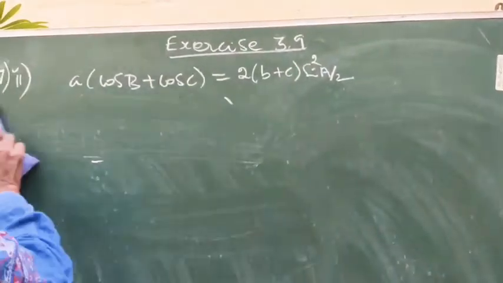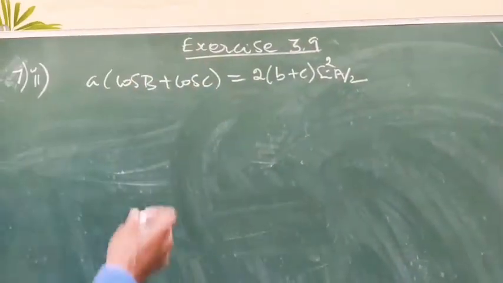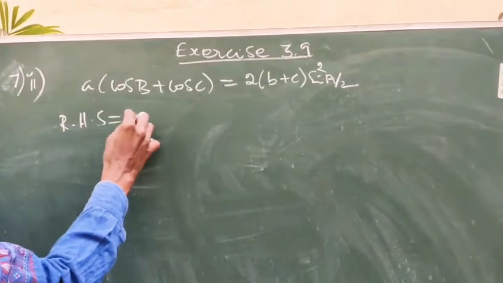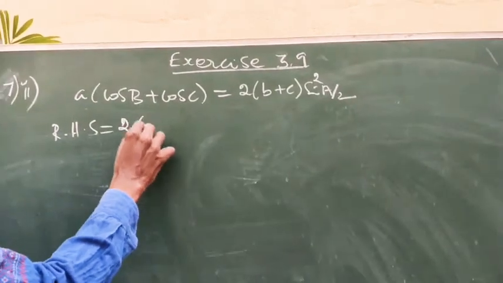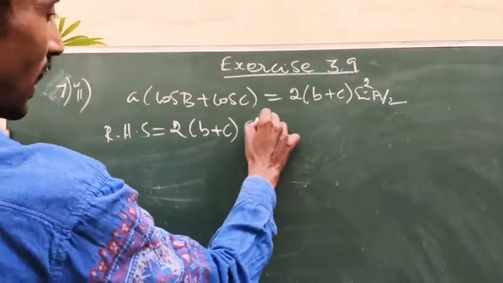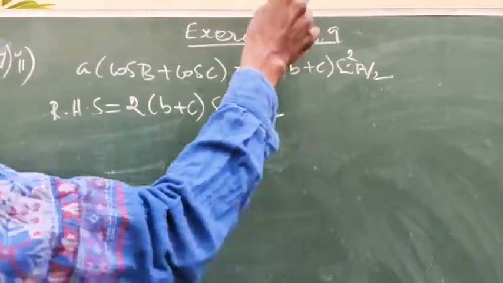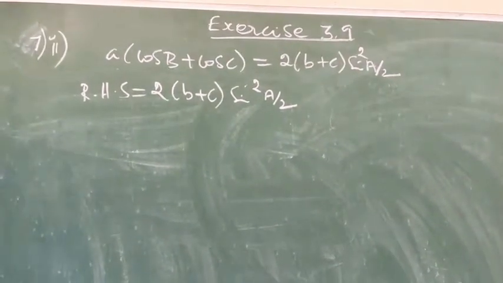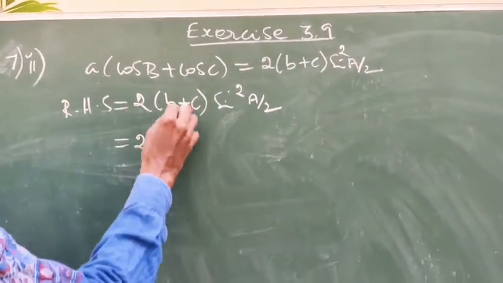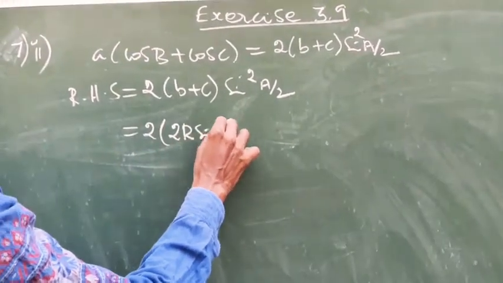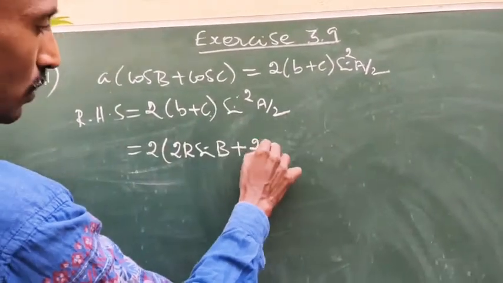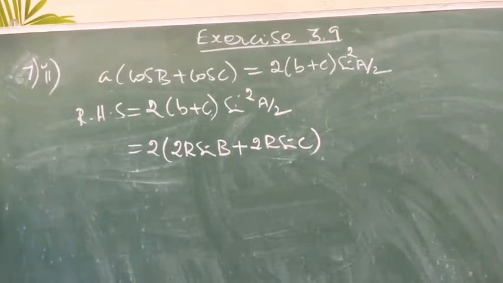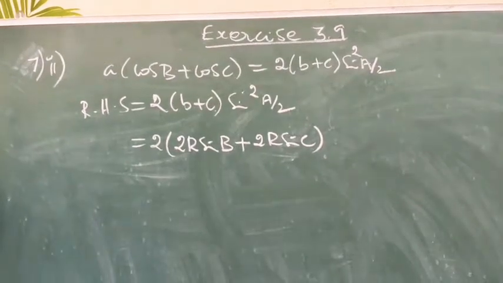So instead of taking LHS, better we can get the RHS, because we already used the same procedure, we are going to use it here. So again we can use the concept present in the last question, first subdivision. That's why I am taking the RHS. So again 2 into, it can be written using sin formula, 2r sin B, and C is 2r sin C. Once again recall the sin formula, A by sin A equal to B by sin B equal to C by sin C equal to 2r.